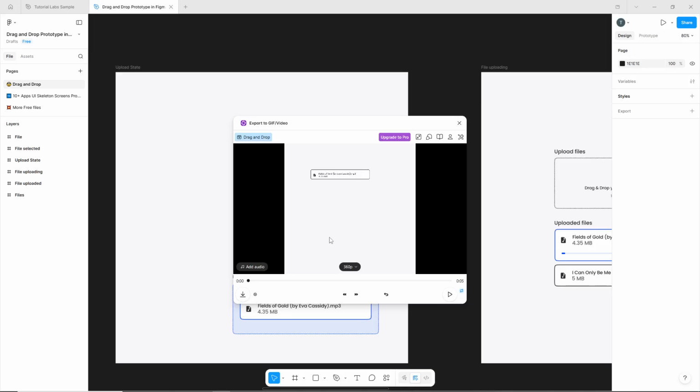Now the plugin will start processing your prototype and converting it into video format. This step might take a little while depending on the complexity and length of your prototype, so just sit tight and let it do its work. Once the processing is complete, your video export is ready. That's it. You've successfully turned your Figma prototype into a shareable video file that you can send to anyone, embed in presentations, or use in client